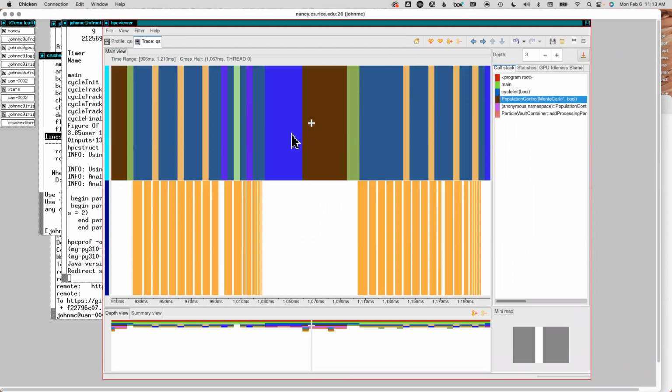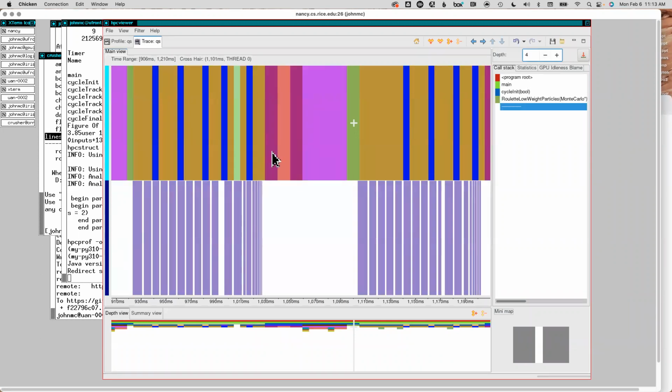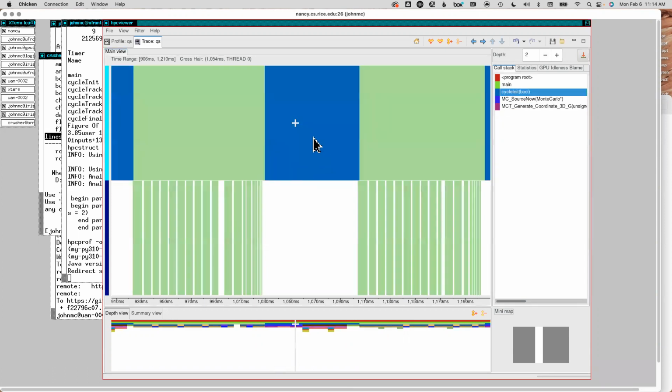And then I can go and see that cycle init actually consists of, it calls Monte Carlo source now, and then population control, and then roulette low weight particles. And then I can look down at a deeper level and find that in fact there's some subphases inside. So inside Monte Carlo source now, there's other things going on. But for this analysis, at the high level, what we can find out is that there's no GPU offloading